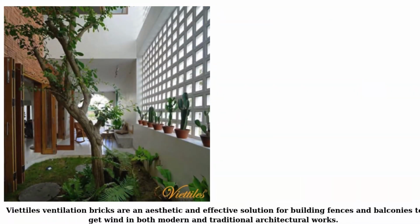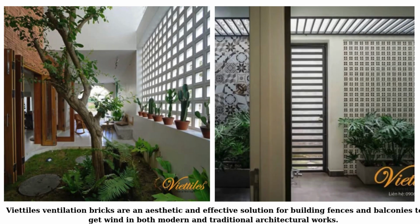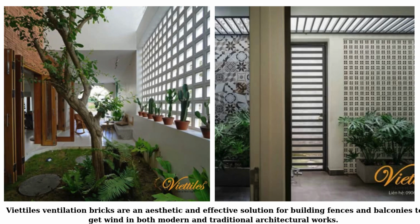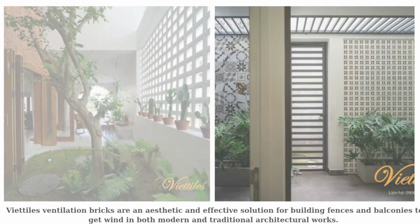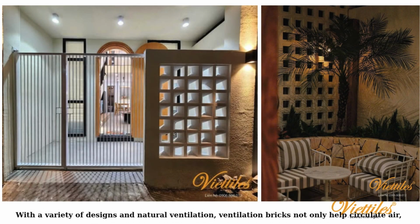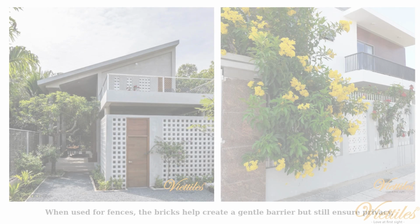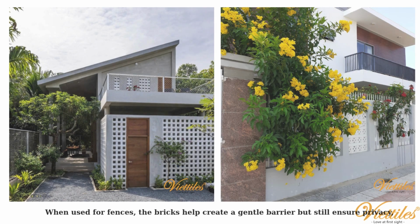Viet Tiles ventilation bricks are an aesthetic and effective solution for building fences and balconies to get wind in both modern and traditional architectural works. With a variety of designs and natural ventilation, bricks not only help circulate air, creating an airy feeling, but also bring high artistic value. When used for fences, the bricks help create a gentle barrier but still ensure privacy, while